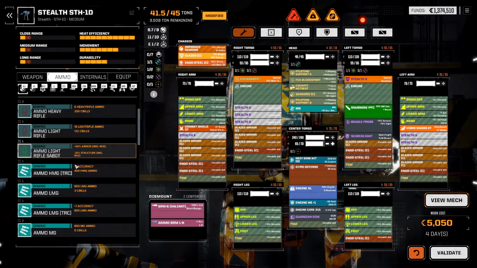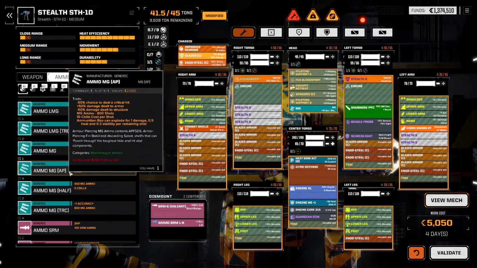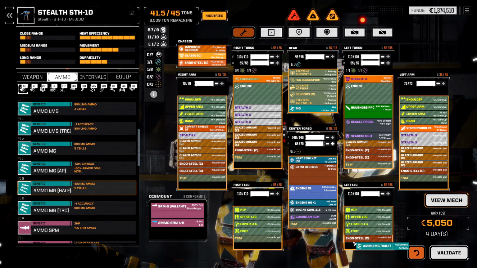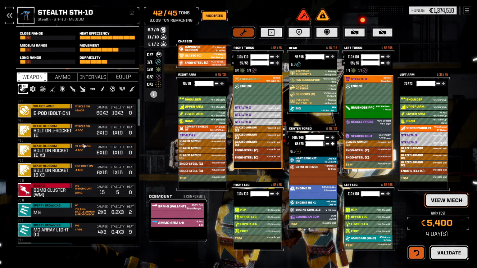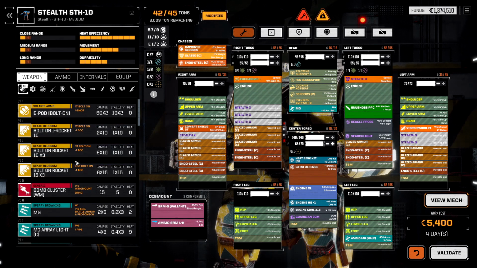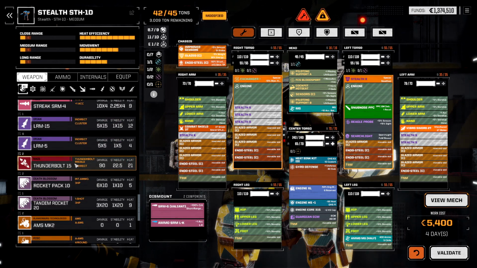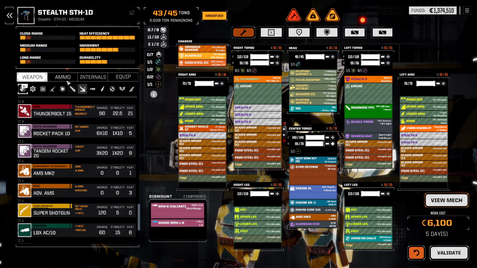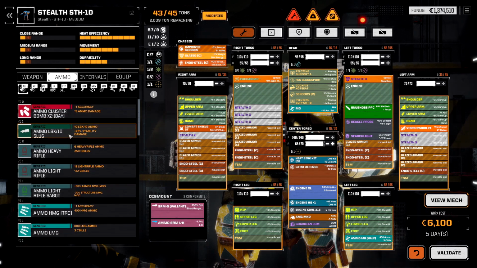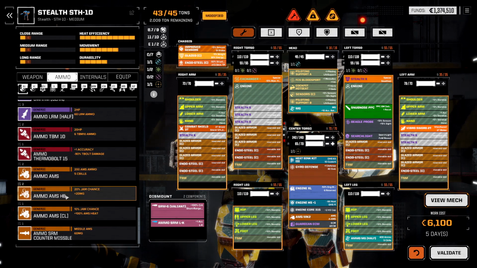We grab a half bin of machine gun ammo. So, half bin of machine gun ammo. And that gives us 3 tons, which allows us to grab an AMS Mark II right there. Boom. And 2 bins of ammo. So, we are going to effectively have...